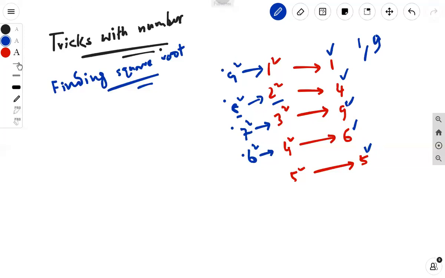Now suppose there are two examples. Let us take 7056, and let us have, okay, 16641. There are two examples. We have to solve a quick square root finding exercise here, and you can see that 6 is the last digit, so we can easily say the last digit of the square root must be 6 or 4. So we can easily say this is a two digit number, and we have narrowed down the thing, that the last digit must be 6 or 4. Now think about the first digit.